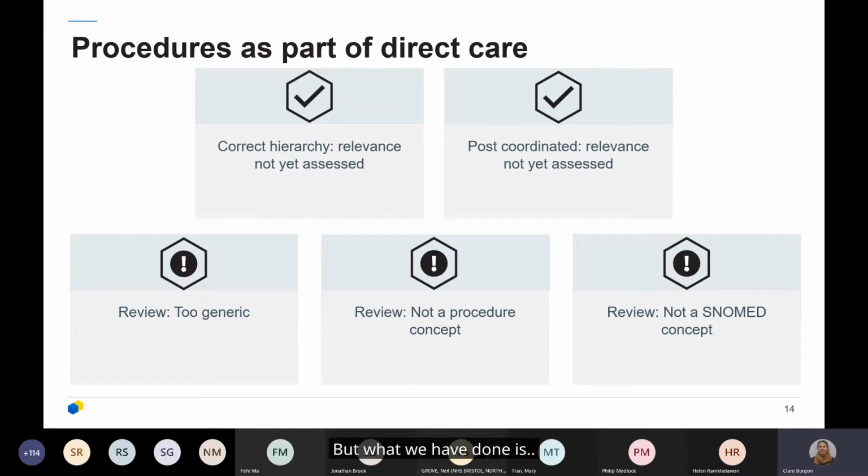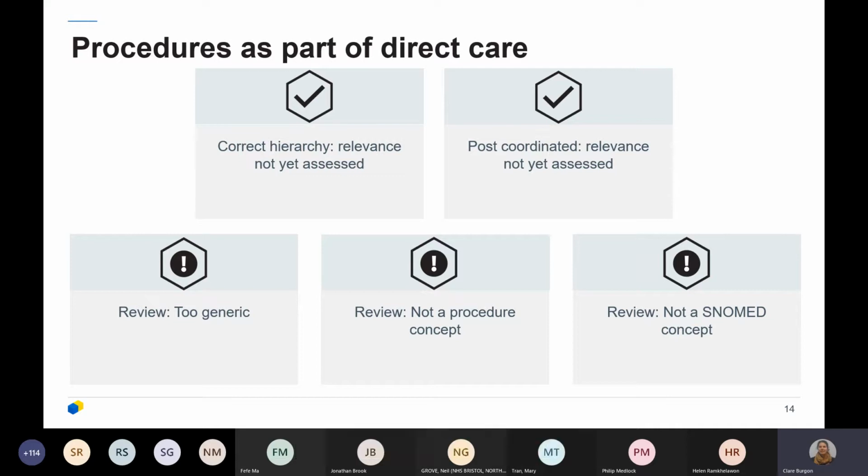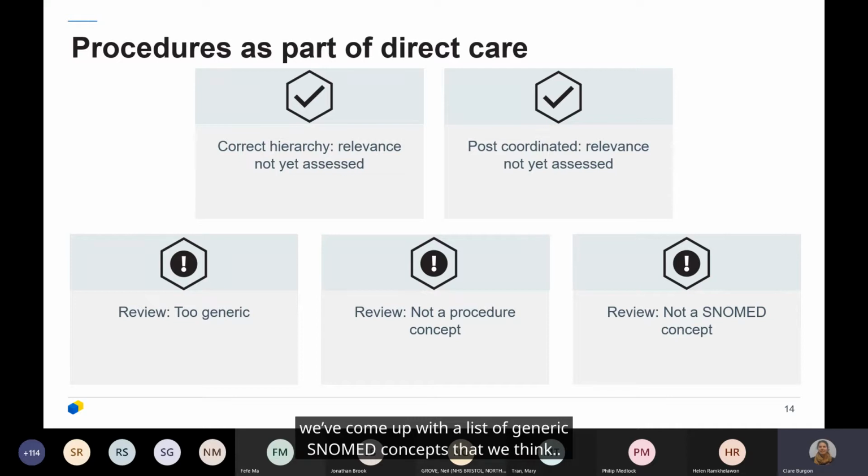But what we have done is looked to see if there are these groups of terms that are maybe too generic. Working with terminologists who have been working in the mental health field, we've come up with a list of generic SNOMED concepts that we think there would be something better out there for you to use. This is just a starting point, and we're very open to feedback.